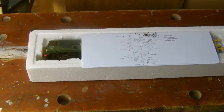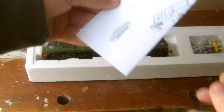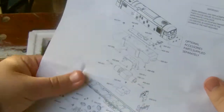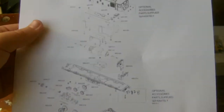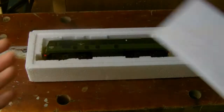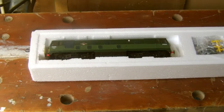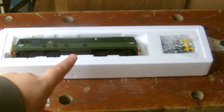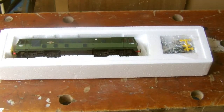I don't do it personally, but I think that would look really cool. So here's the instructions for the Class 24, which will soon go into my folder, and it's the usual helpful information, as you would expect, which is good. At least whoever pre-owned this originally has kept the instructions, because some people don't, which is what I can't understand. And also, normally you would get a collectible flyer in there and guarantee...